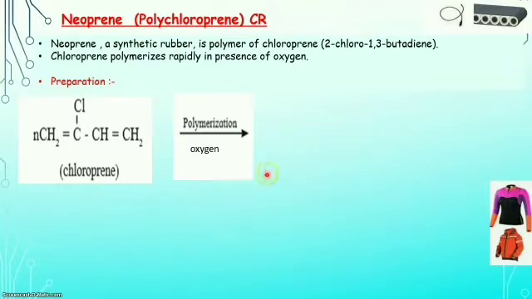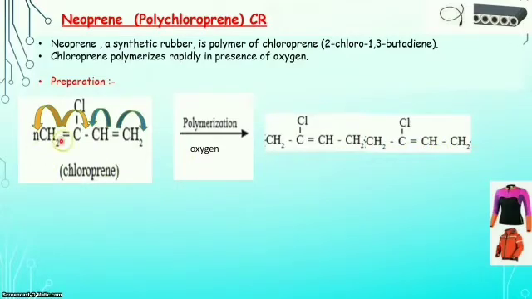Let us understand how the structure of neoprene is there in the product side after polymerization of chloroprene. Here in the monomer chloroprene, double bonds which are present in this will break and open and allow the large number of chloroprene units to link with each other or form a bond with each other. So double bonds which are present here will break and allow the chloroprene monomeric units to form a long chain. Let us understand this part. The double bond which is present over here will break and give its one electron to here to form a bond with other monomeric units.